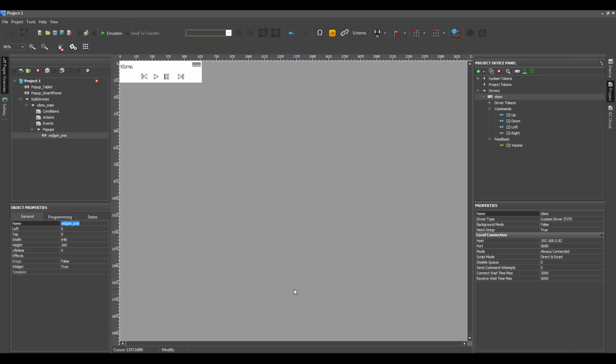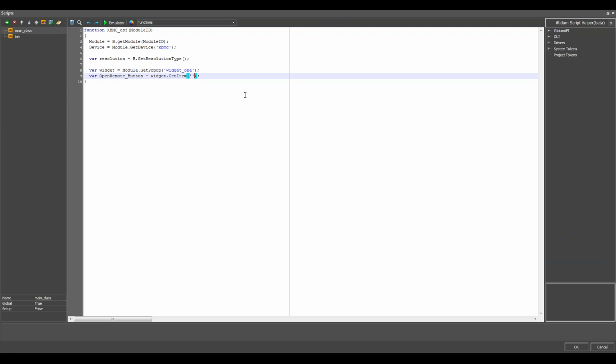The name of my button is button remote. Write it. So now I can create a new listener with event item press, and when somebody clicks on it, i3Lite should check the resolution and open the pop-up. Let's do it.